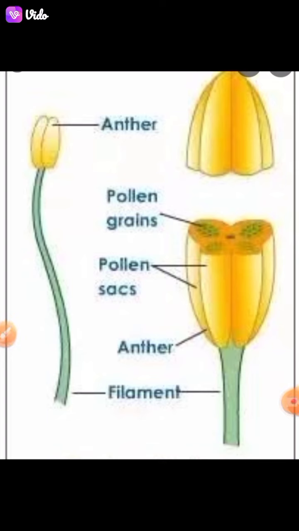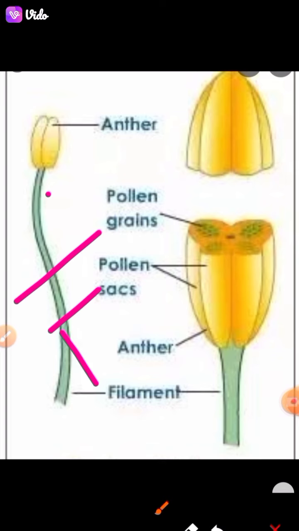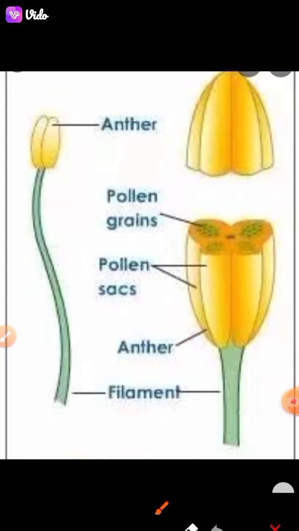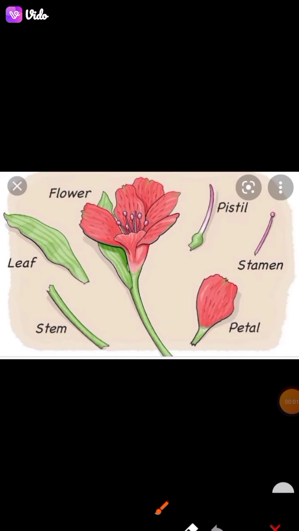So let's have a clearer understanding of the structure of the stamen. As I already told you, stamen is made up of two parts, anther and filament. The long slender stalk is called filament, whereas the terminal, generally bilobed structure is called anther. Anthers have a bilobed and dithecous structure. Pollen grains are developed in these pollen sacs. Here you can see the different parts of the flower like leaf, stem, petals, stamen, pistils, and this is the